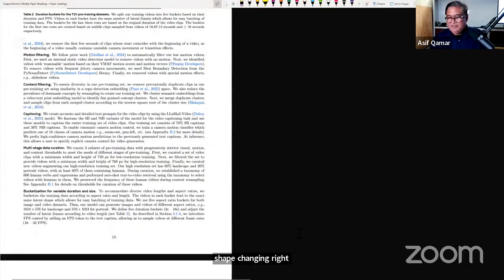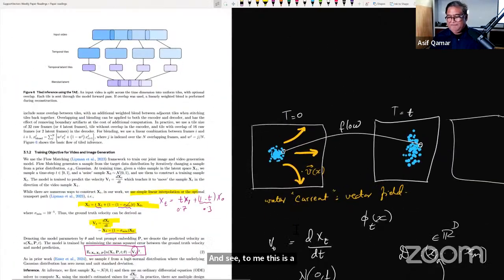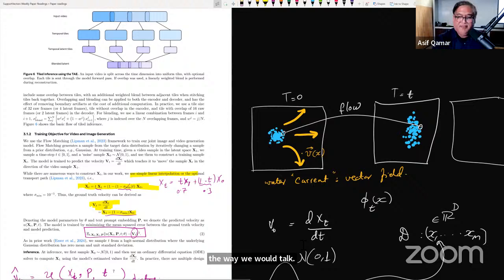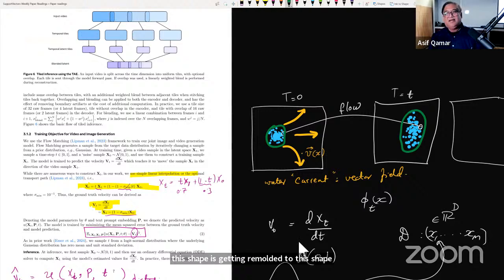The way we would talk is that this shape is getting remolded to this shape. These are diffeomorphisms over time, and obviously we love this sort of language,